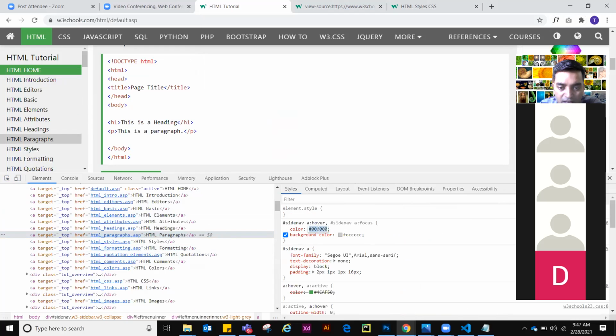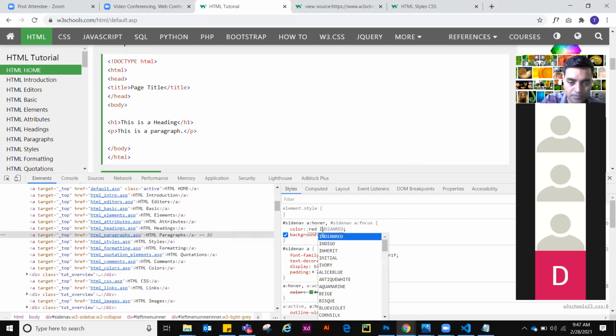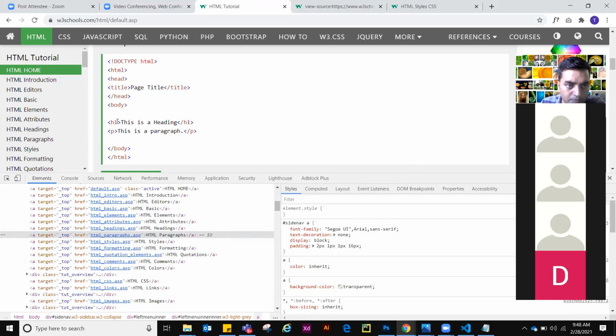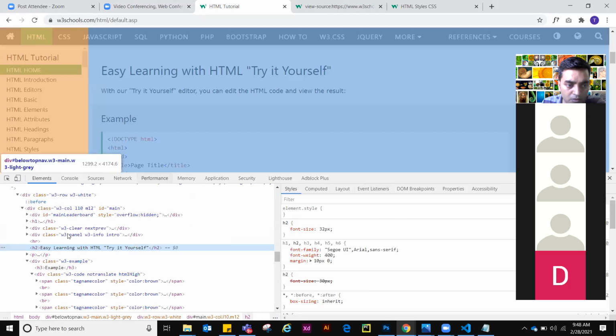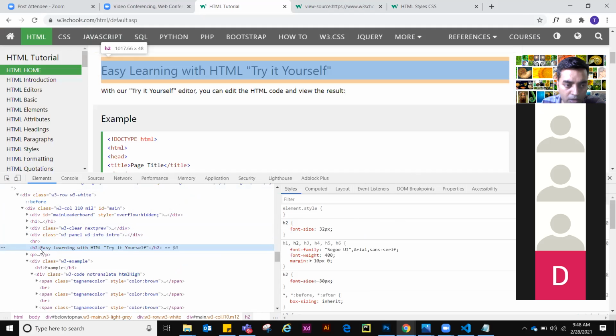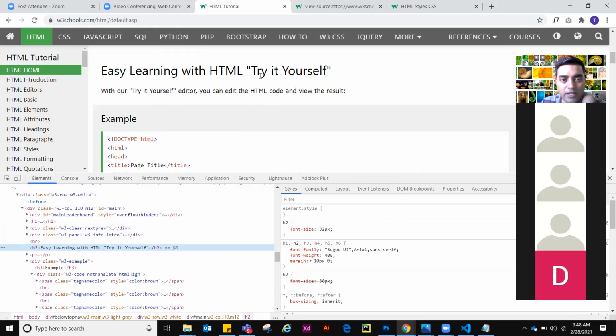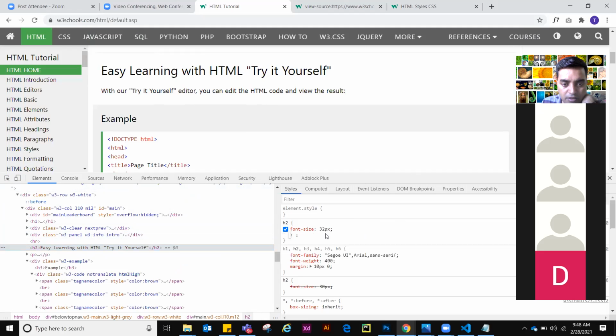See color. So let me change the color over here. I have selected this section, and see font size 32.